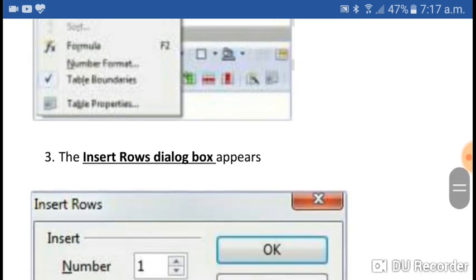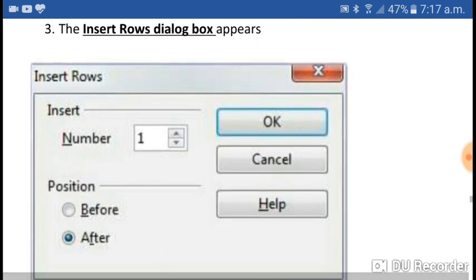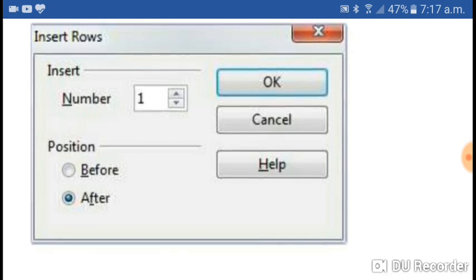Whenever we select the rows option, the insert rows dialog box appears. Yes, you can see the insert rows dialog box. Insert number. Number means the number of rows we want to insert. You want to insert one row, you want to insert 2, 3, 5. Select or type here.